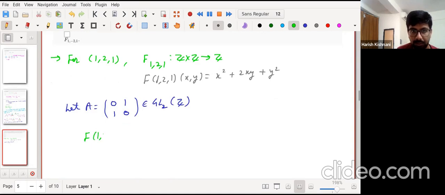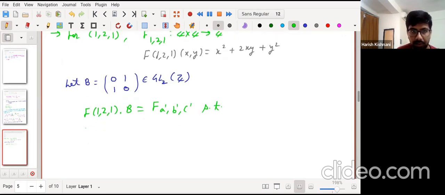F of 1 comma 2 comma 1 dot A is used as a general notation. So I won't prefer going with the same notation, because we are choosing a specific matrix and they are saying for all A. Let's just change the notation to B. So f dot B will be some f of a dash, b dash, c dash such that the matrix 2a dash, b dash, b dash, 2c dash is the same as B transpose times 2a, b, b, 2c times B, and